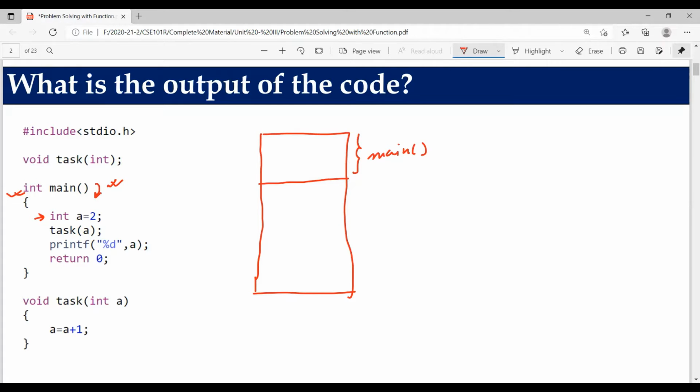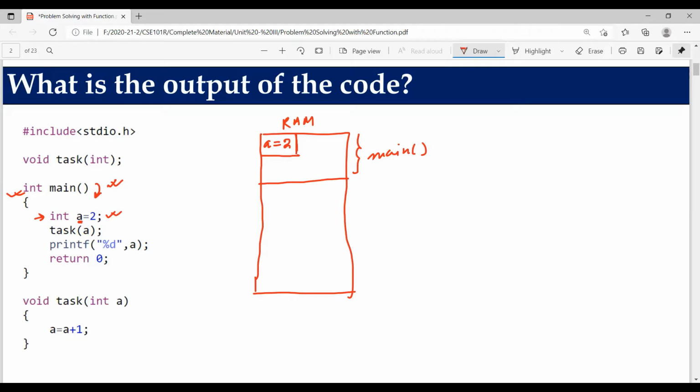Space has been reserved. Now you have declared a variable a whose type is integer, so it's going to consume 4 bytes of memory from that particular block of main. The variable a is an integer and the value 2 has been assigned. Whenever we declare a variable, with or without definition, that variable gets memory in the RAM. This is a picture of my RAM.